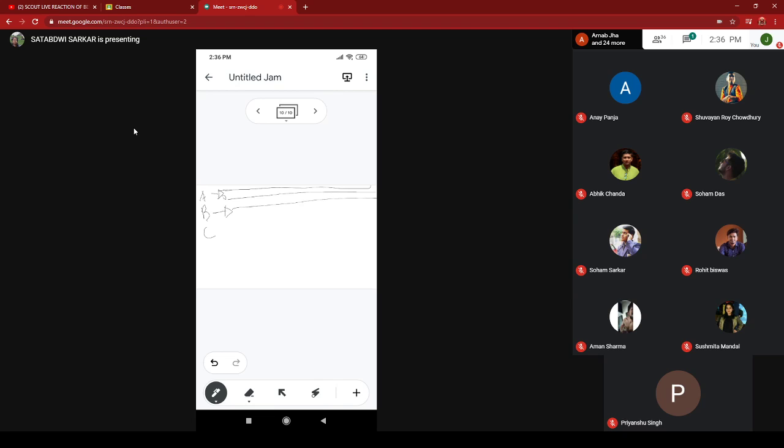Again we have to take the inverted ones, and now we have to connect this and put them into